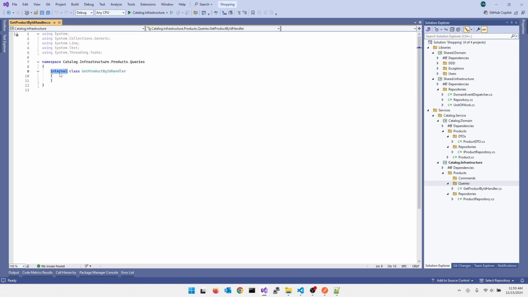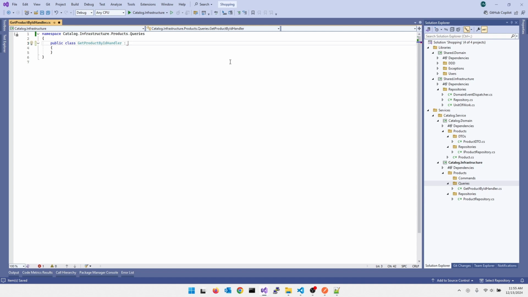This is going to be the class that's actually going to handle the request to get a product by its ID. And as I mentioned, we're going to take advantage of the Mediator library again. And so what we can do is